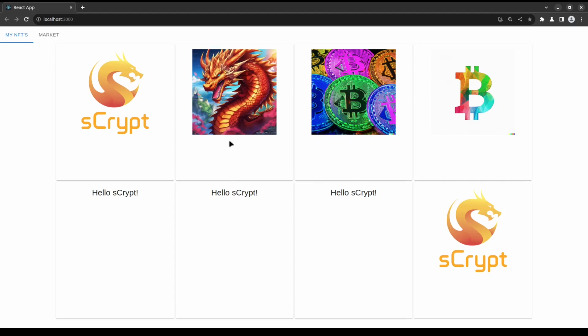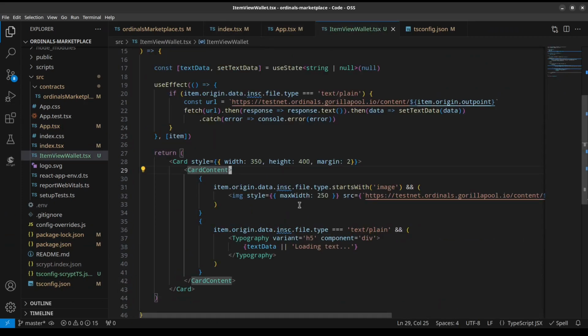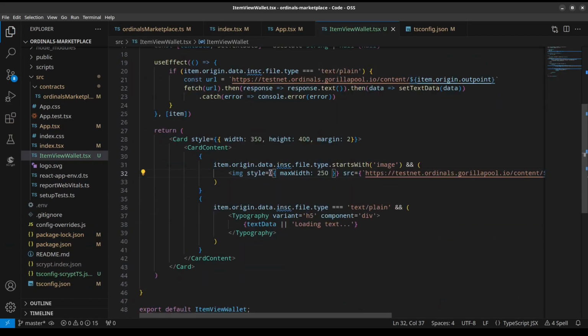So what's still missing is maybe we should also display an inscription ID here and also put in the list button, and that will in turn also display a text box which takes in the price. So let's do that now. Let's go back to the editor, to the item view source file. Now first the inscription ID. So that's gonna be item.origin.num, and if we're gonna have that value,